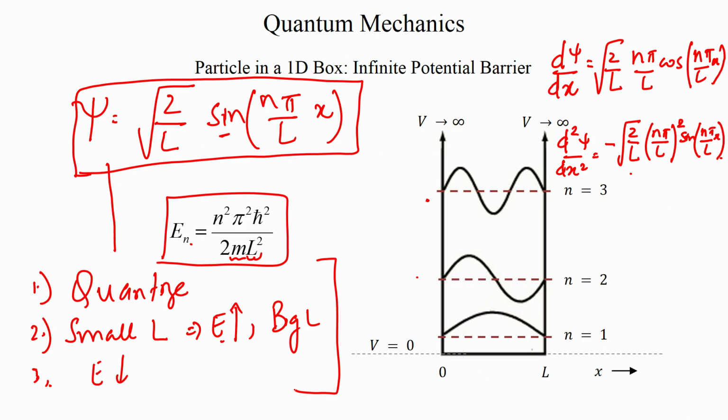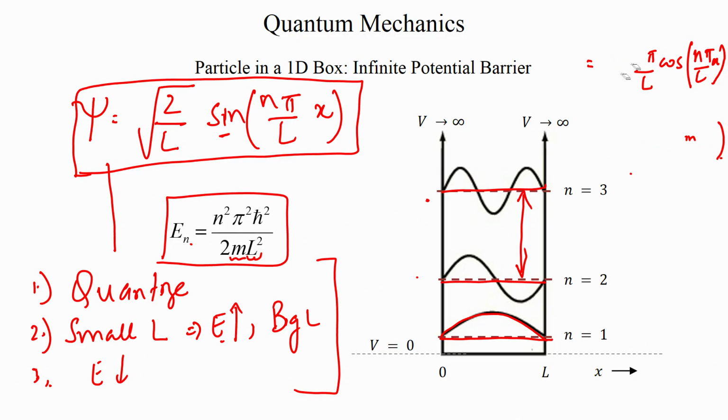Okay. But if I were to draw all the different energy levels, like as it is shown here. So, this is at n equal to 1, this was my wave function. At n equal to 2, that is my energy. At n equal to 3, there is another energy level, and so on and so forth. Okay. Now, if I were to draw all the energies and measure the energy gap between two subsequent levels, which is essentially En minus En minus 1, I am looking at the delta En, which is the energy difference between two subsequent energy